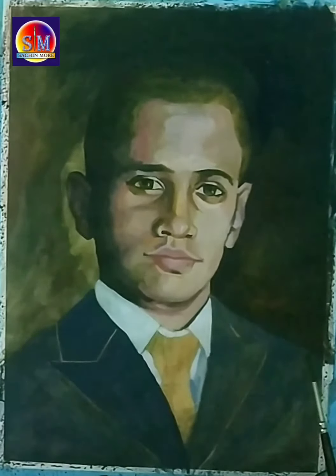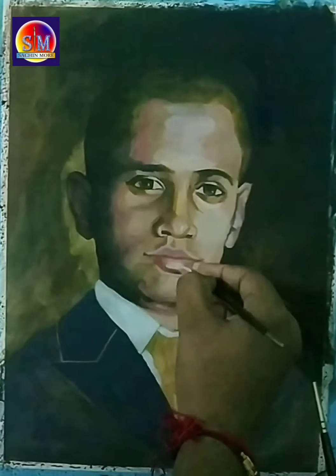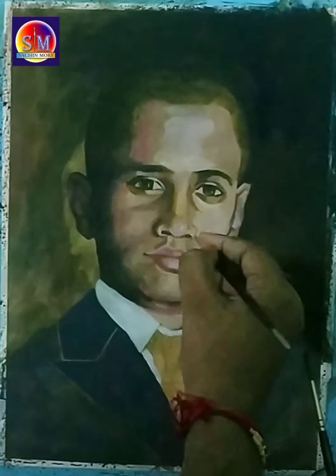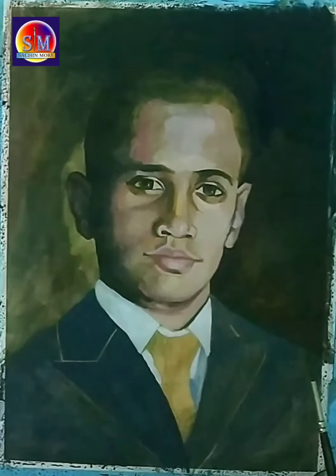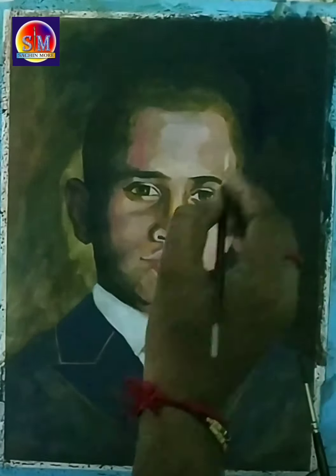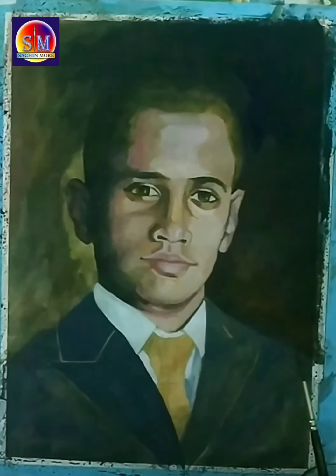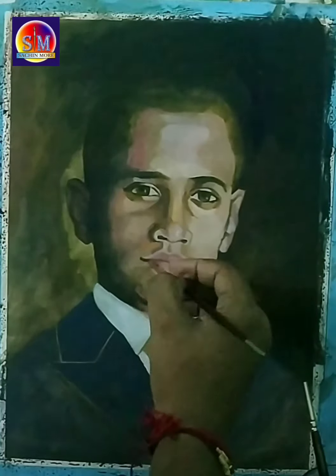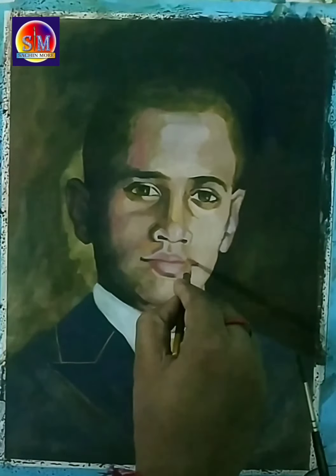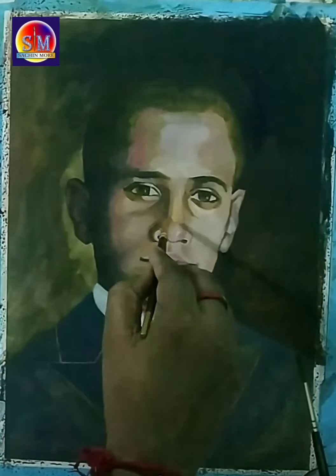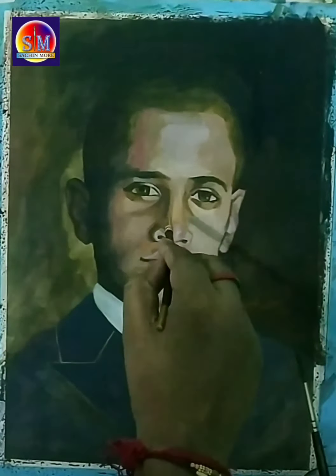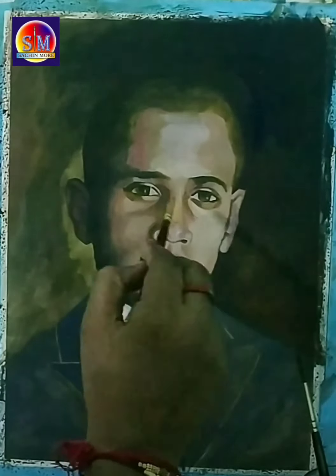Now we have nearly done 90% of our head study work. We apply a highlight on the face with a white tone, which is not exactly a pure white color: a fresh tint plus white on the nose and lips and some parts of the head and eyes, so that we can show an extreme highlight on the face, which we already did in object drawing and still life. In objects and still lifes also, we start with the dark tones, then the middle tone, and finally the light tones and a highlight. We use the same technique in a portrait.